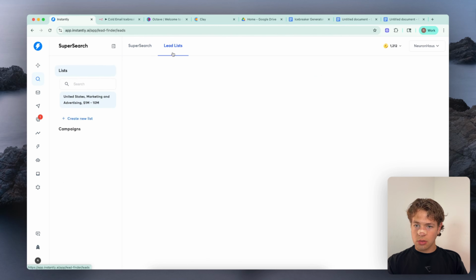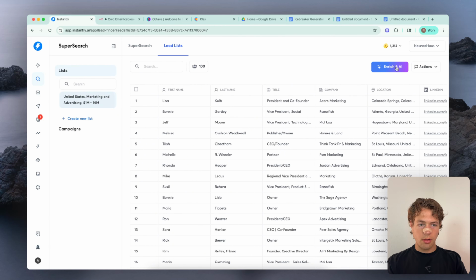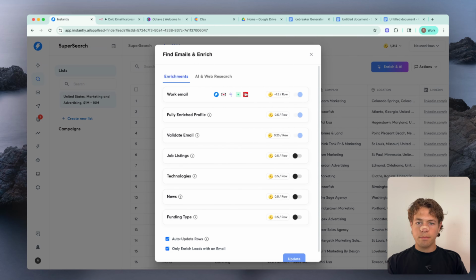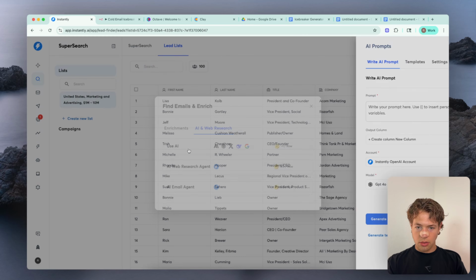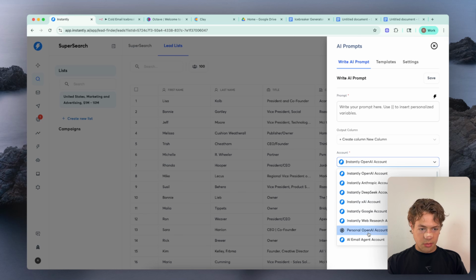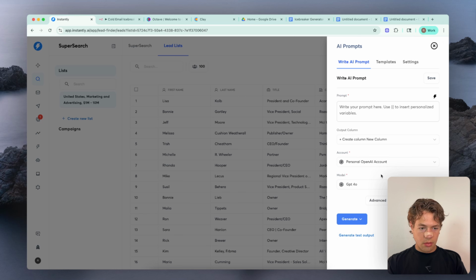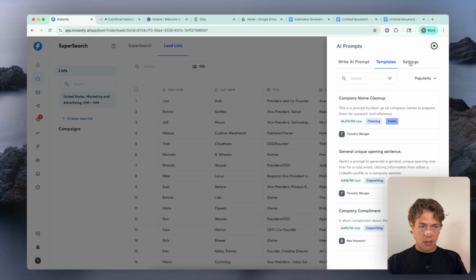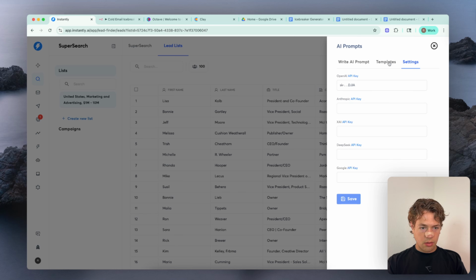Let's go to super search, leads list right here, enrich, AI web search, use AI. Now we should be able to select personal. Great. And we're going to use, let's check settings. Cool.